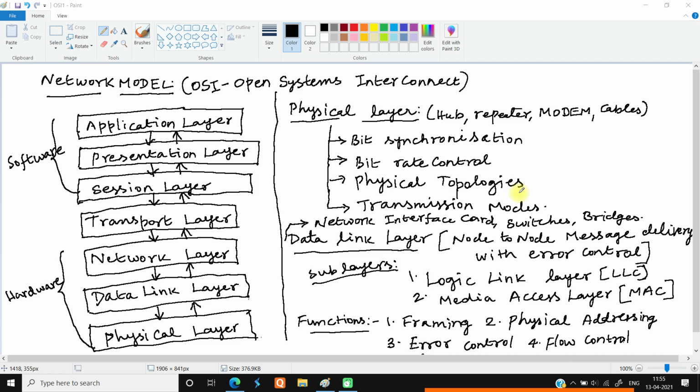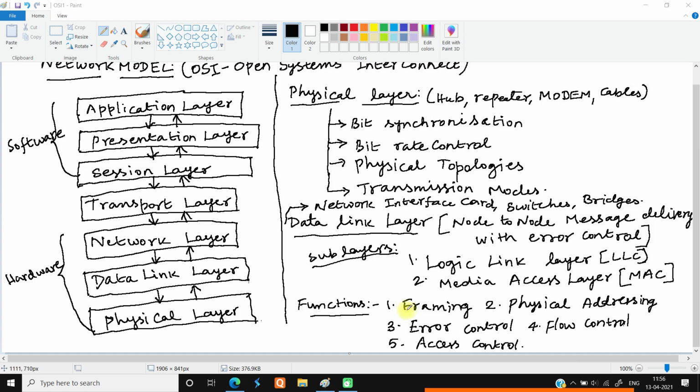After calculating that MAC address, the data link layer frames the message pattern that it needs to communicate with the other nodes. If a node is on the remote side, that remote side has to be accessed through a MAC address. That MAC address is extracted from the network, and that address and the present address of the node have to be framed into one single data frame. That is the framing in nature.